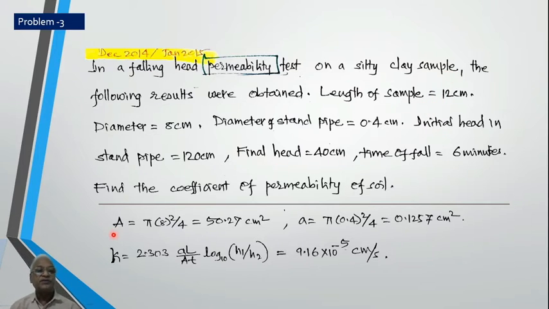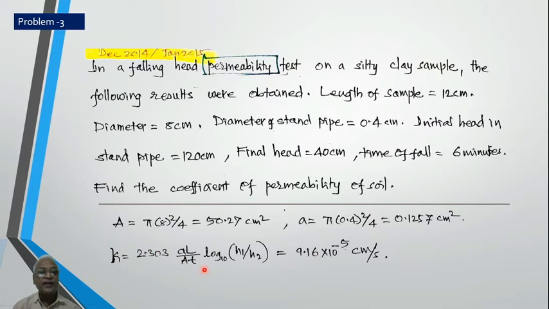So with this, if I try to calculate the cross-sectional area of the soil with the diameter 8 centimeter, it is pi d squared by 4, 50.27 centimeter square. Diameter of the standpipe is 0.4. Because of that, this lowercase letter a of this equation is pi d squared by 4, 0.1257 centimeter square. So for falling head, k equal to